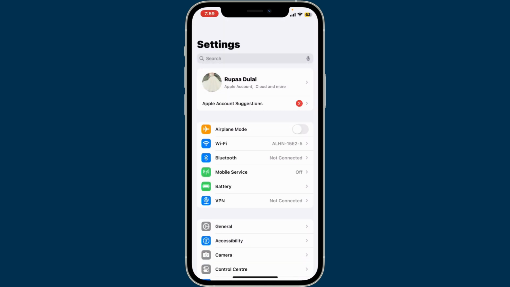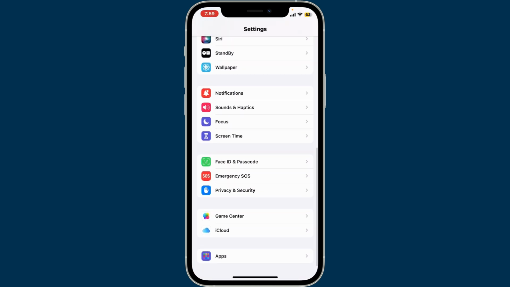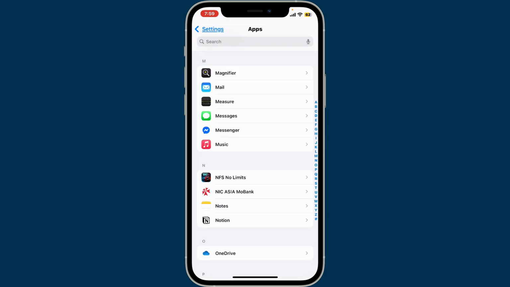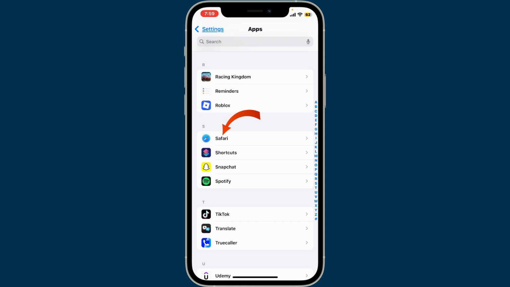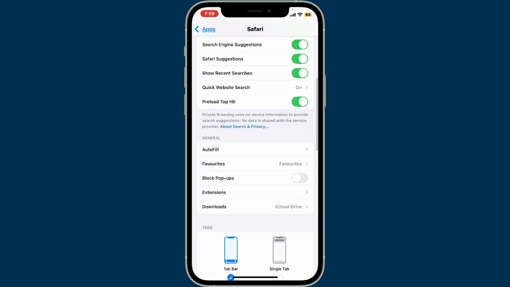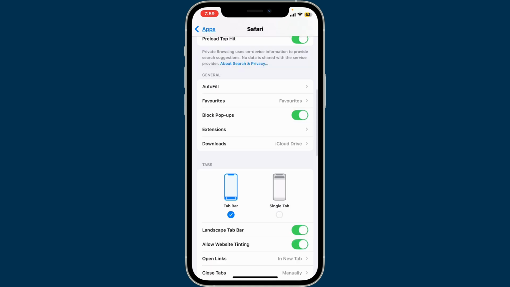Inside the Settings menu, scroll all the way down and look for Safari, or you can also tap on the Apps option if available, and inside this App option, you will be able to find your Safari app. Once you find it, tap on it, and then on the next page, scroll down until you find the Block Pop-ups under General. Toggle on the button right next to Block Pop-ups, and then after you've done that, if you